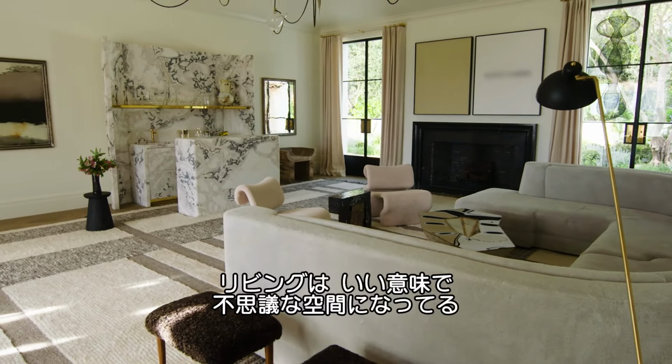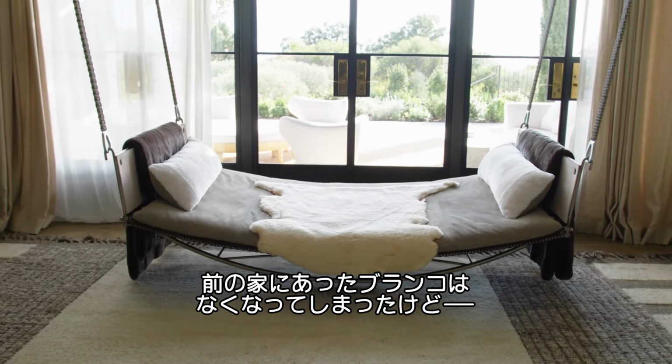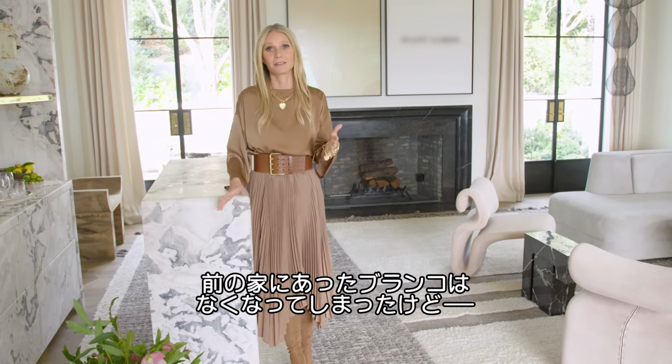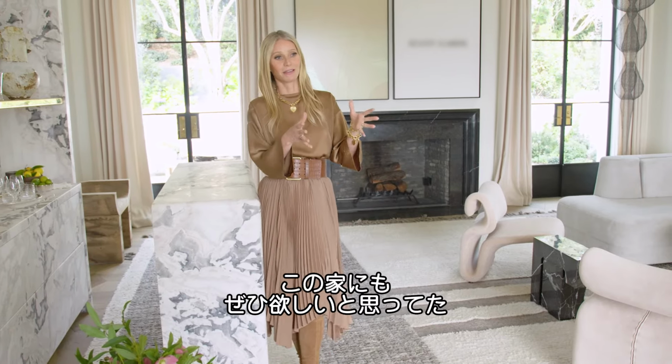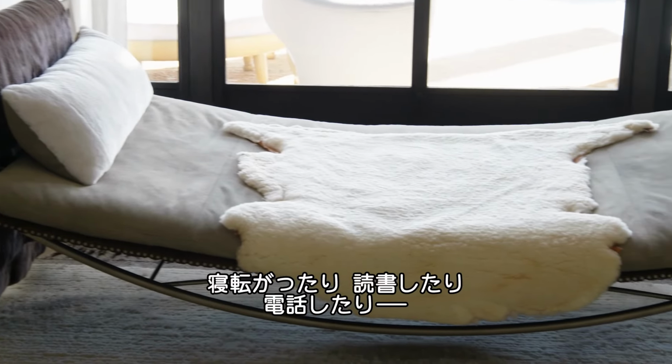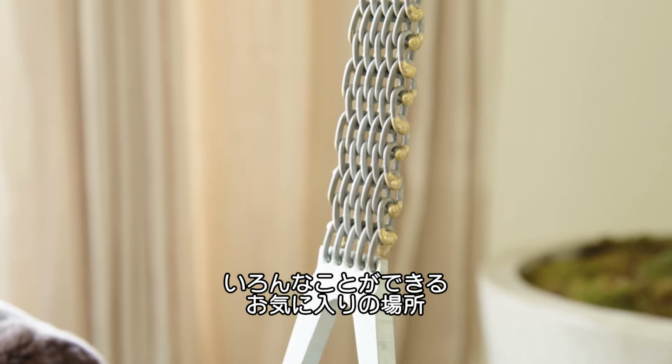So this is the living room. It's kind of bonkers in the best way, I think. I really wanted it to be a bit of a showstopper, and there were certain elements that I really knew that I wanted. I had this swing in a different house, and the original swing we lost in a fire, but I really had a vision of having this swing there, which I lie in it all the time. I mean, I go there and I read or talk on the phone or whatever,